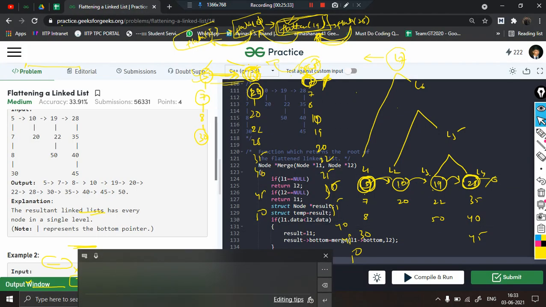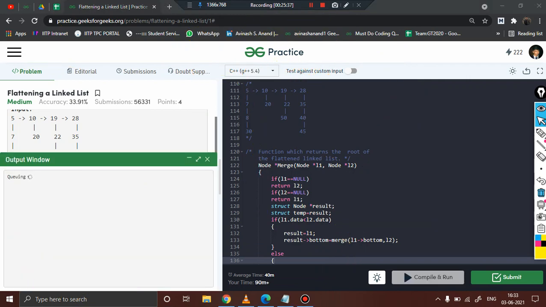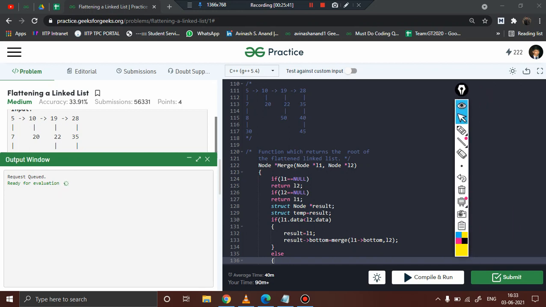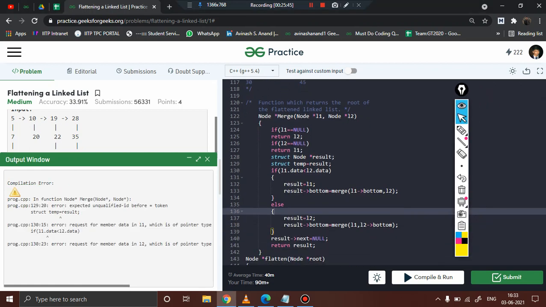So yeah, let us just compile and check whether this particular code is working fine. I hope I have not made any silly mistakes. Okay, L1 dot data I am writing. I should use this for accessing it. L1 data, L2 data, and anything else.